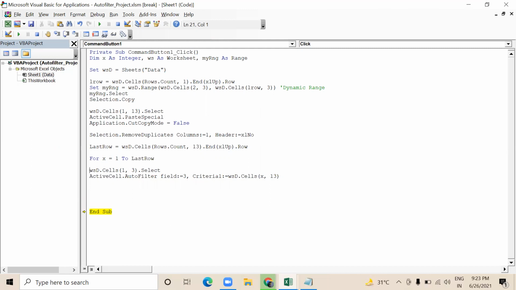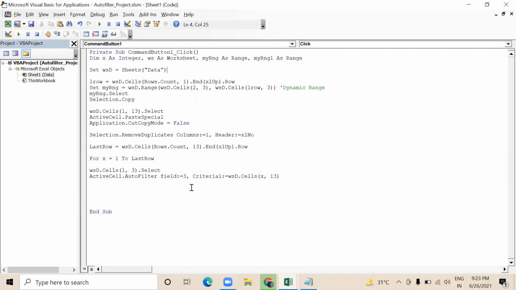So once this action will be completed, now I want to select the data. So how my data will be selected? I am creating one more range, my range 1 as range.